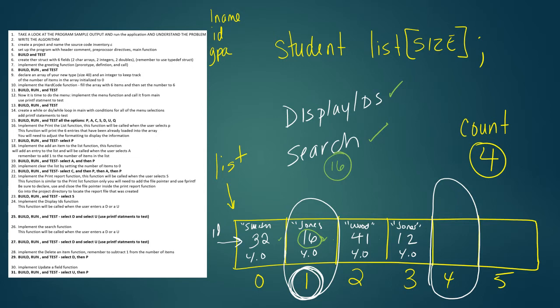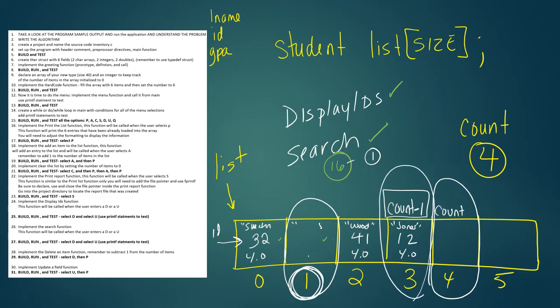So the search takes the 16 that was input by the user, finds a match, and then it's going to return a 1. Then the delete function is going to take that 1 and go to the location count minus 1, and take all of the information at location count minus 1